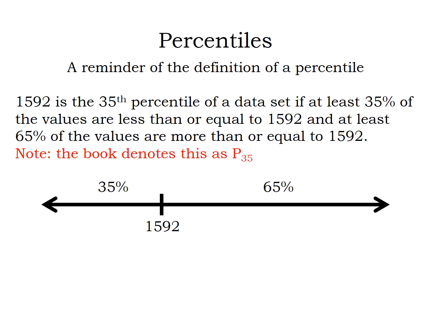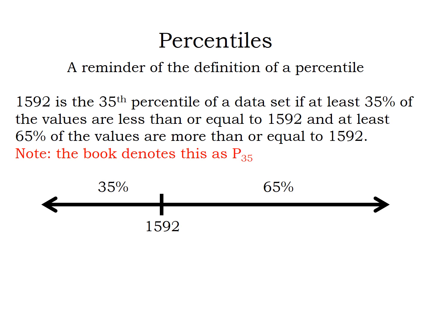Just as a quick reminder of our percentile definition, we're going to use this illustration. And so the number 1,592 is going to be the 35th percentile of a data set if you have at least 35% of the values less than or equal to 1,592. And that leaves 65% of the values greater than or equal to